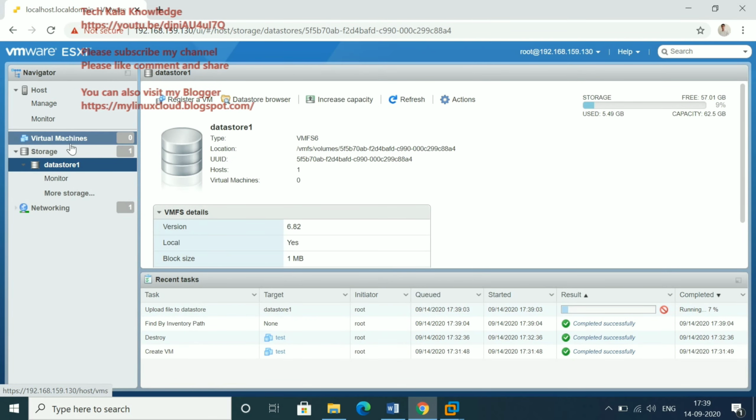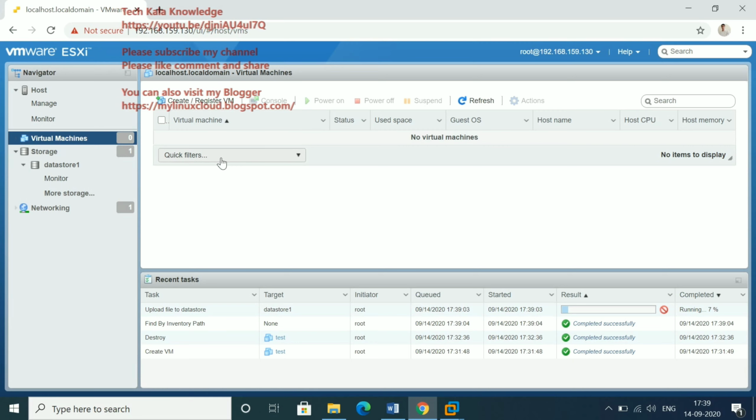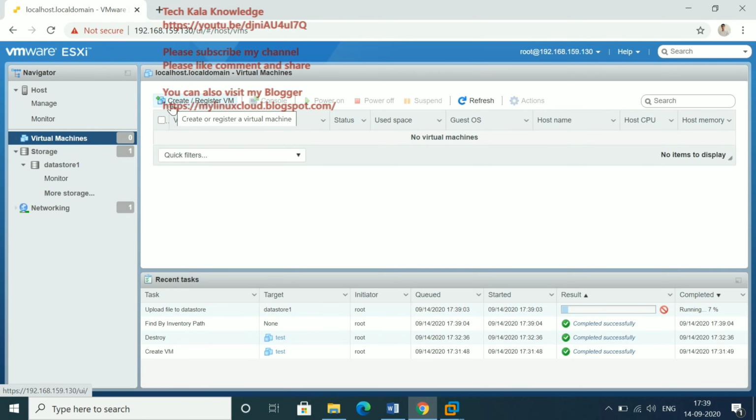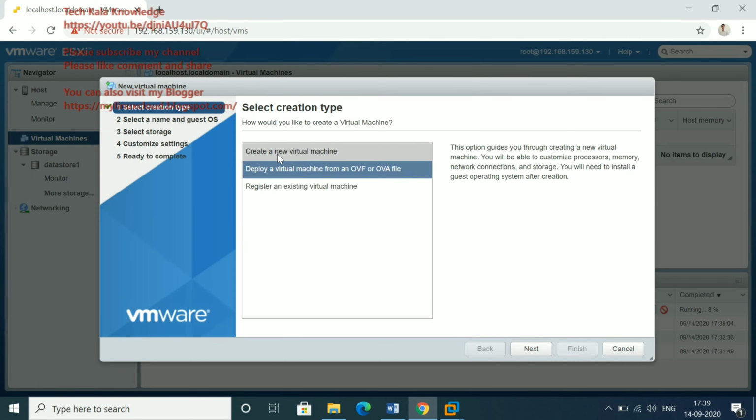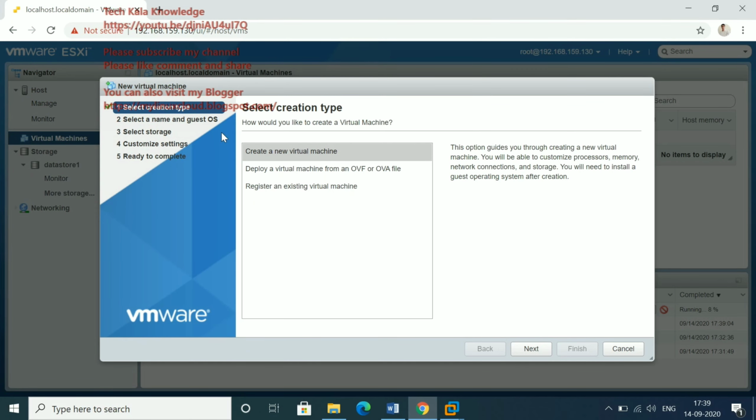Okay, now let me go to the virtual machine, and here you can see one option, Create. Click on that. Now you can see it's showing New Virtual Machine, like in a real environment when we are working in an organization. The same page will appear when you build any virtual machine.